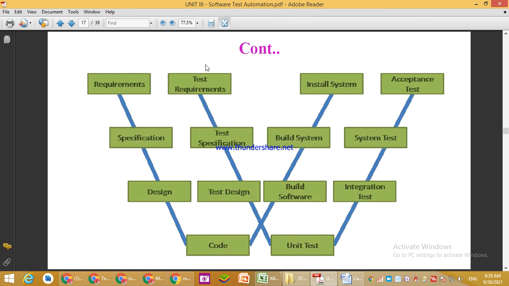Test requirements are related with the acceptance test, test specification with the system test, test design with the integration test. Design is related with build software, specification with build system, requirements with install system, and these are related with code and unit testing.